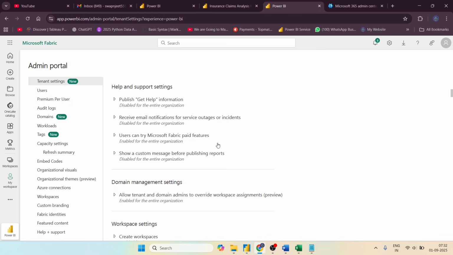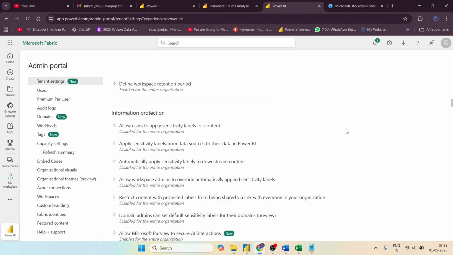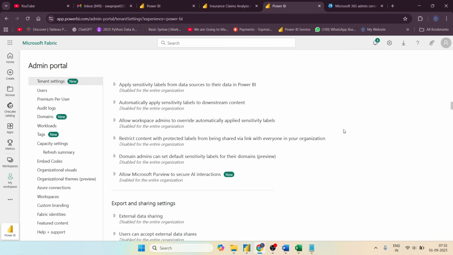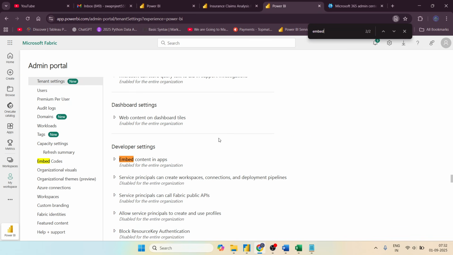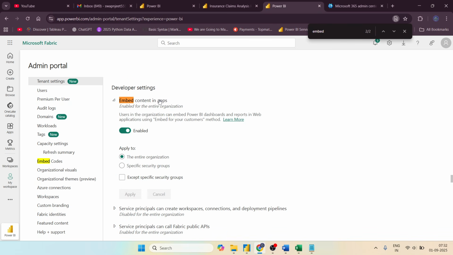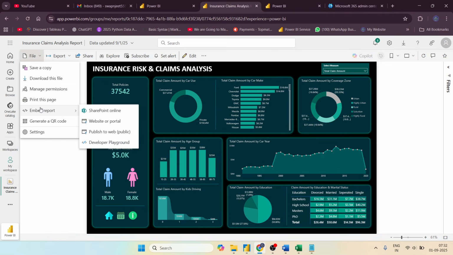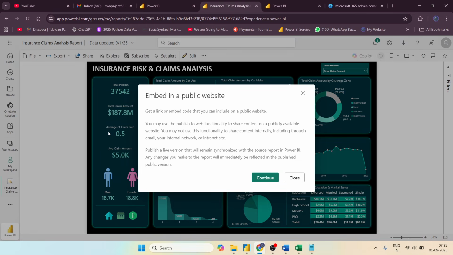I'll scroll down and use Control F to find embed. In developer settings, the option is Embed content in apps, and you have to enable this and then apply, and after 15 minutes it will be enabled. So I'll come to File, click on Embed report, click on Publish to web,